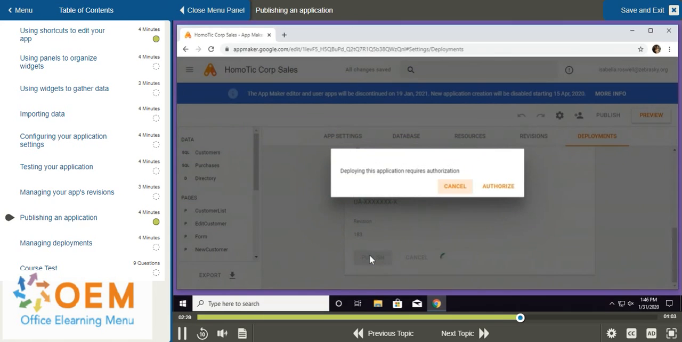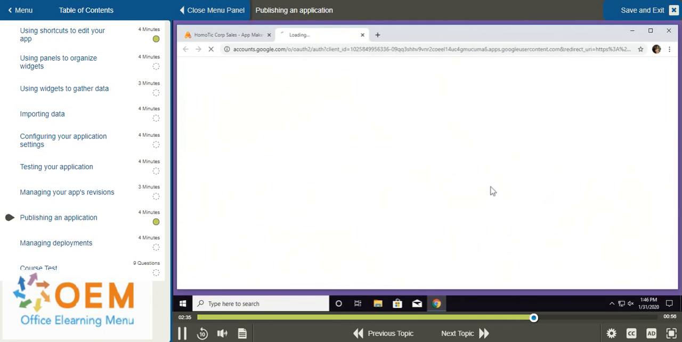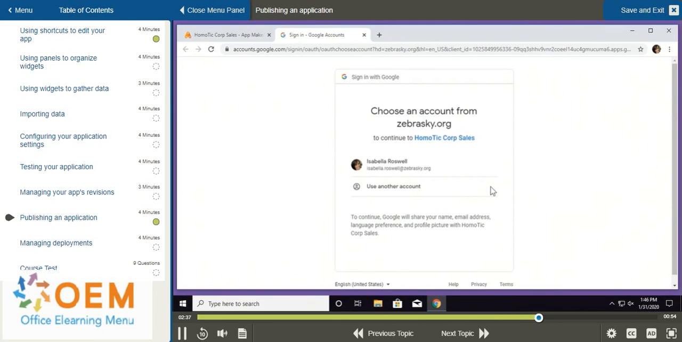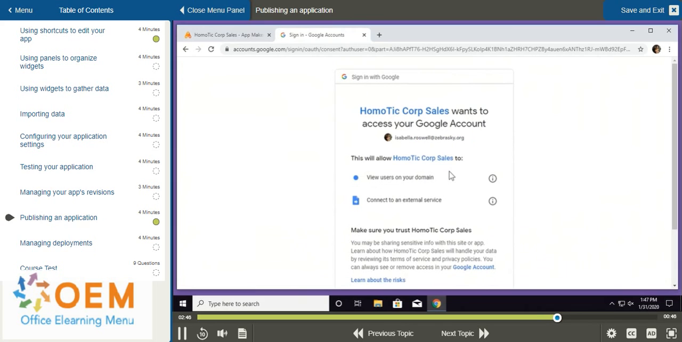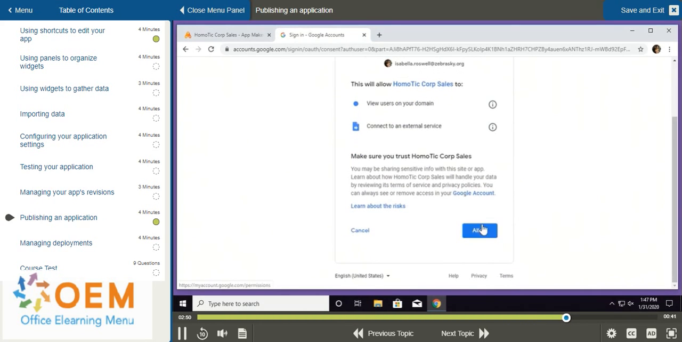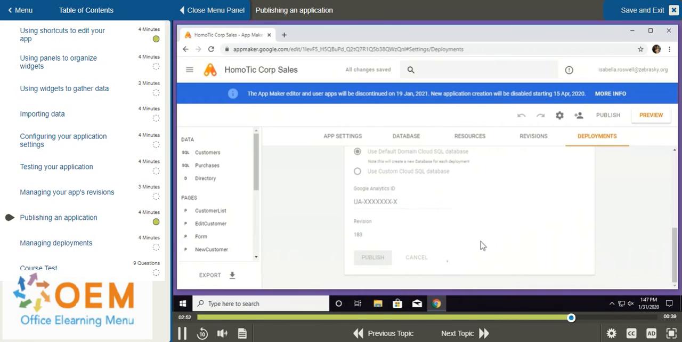To deploy your application, Google App Maker will require authorization, so to do that, click on the Authorize button. A new tab will open, and you need to choose an account from your company to continue to the app. I'm going to choose this account, and I'm going to allow the app to access my Google account by scrolling down and clicking on the Allow button. Now back in Google,